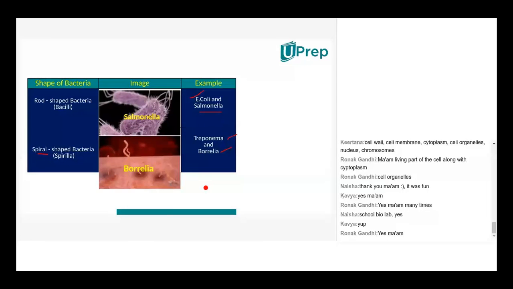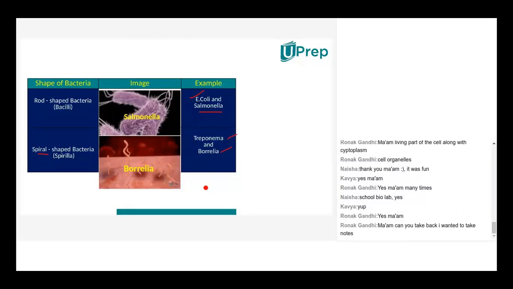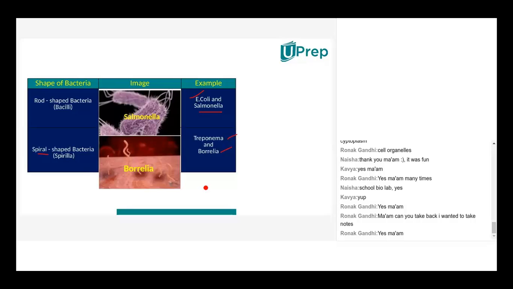Why I took this much time to explain the whole gram staining is that a question can be asked: bacterial classification is based on, you may have the first option, shape of bacteria. Second option, staining process. Third option, based on the presence or absence of some cell organelle. And option D, all of the above. You will get stuck with the first option, because everybody explains that shape of bacteria helps in classifying bacteria, rod shape, something like that, isn't it? But the staining process also helps in